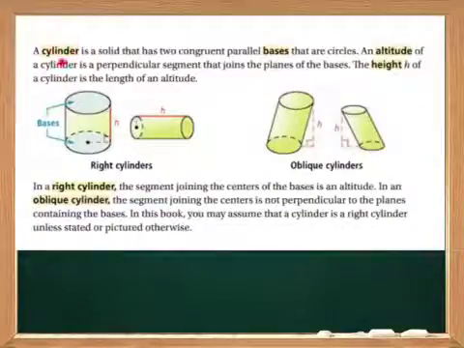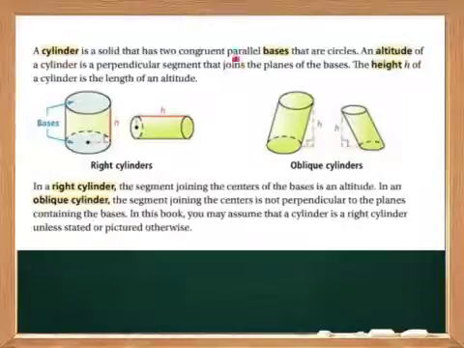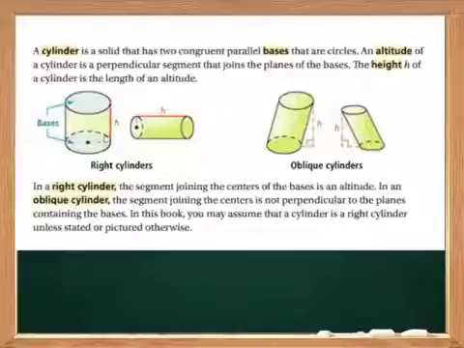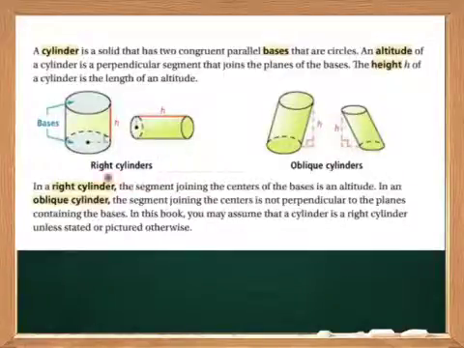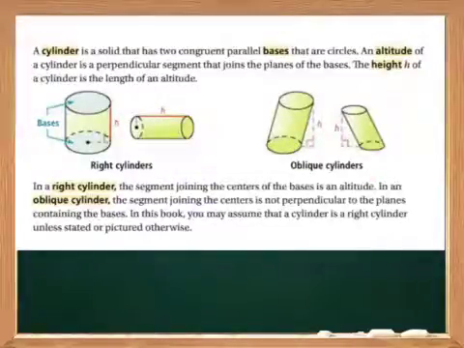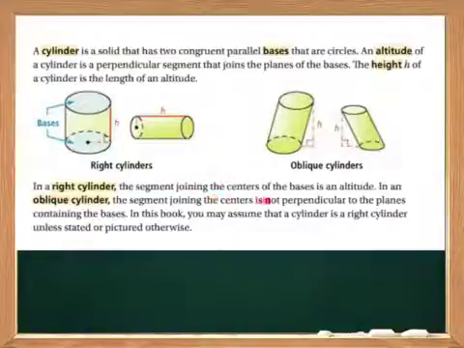Now a cylinder is a solid that has two congruent parallel bases that are circles, and an altitude of the cylinder is the perpendicular segment that joins the planes of the bases. The height is the measure of that altitude. So again, we have right cylinders and oblique cylinders, but you can assume that it's a right cylinder unless it looks oblique. In a right cylinder, the segment joining the centers of the bases is an altitude, so from here